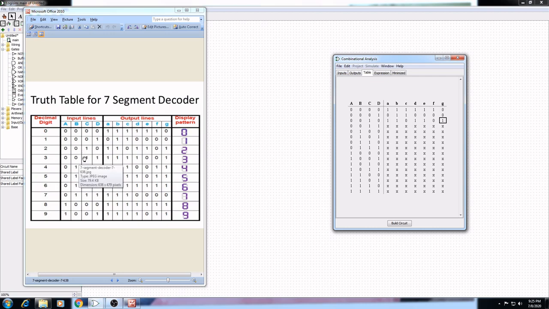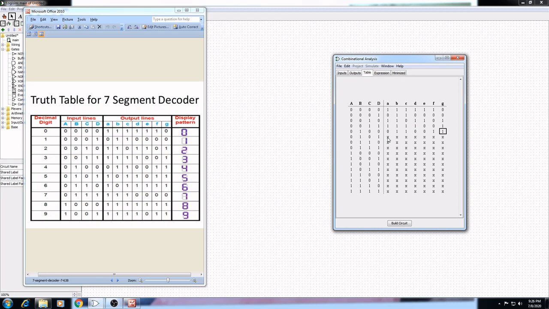Now for 3, we need E and F as 0, all others are 1. For 4 we need B, C, F, G. So for 4 we set A as 0, B as 1, C as 1, D is 0, E is 0, F 1 and G 1.